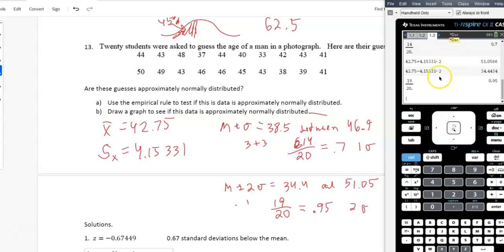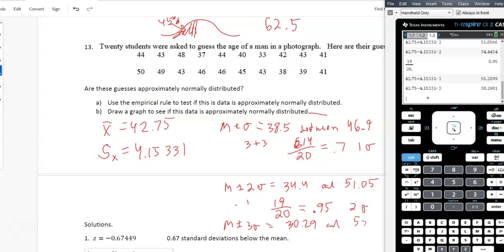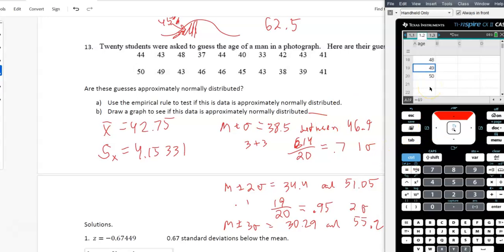You want to show this work. That was mean plus or minus, so you get those two numbers, and then mean plus or minus three standard deviations. If you just mouse up and copy and paste that command and go 3 instead of 2, it's between 30.29 and 55.2. So let's see if that smallest number is below or still in the range. 33 is bigger than that, so all the numbers, 20 out of 20,